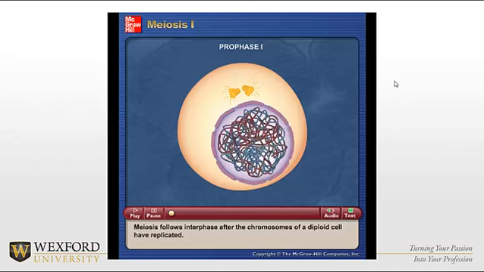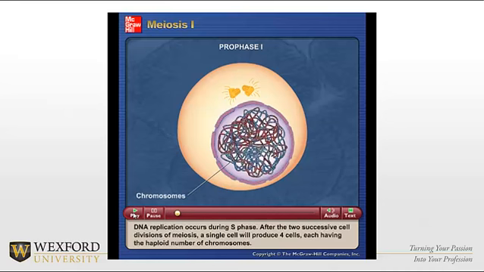So once again, let's watch a little animation from meiosis 1. Meiosis follows interphase after the chromosomes of a diploid cell have replicated. DNA replication occurs during S phase. After the 2 successive cell divisions of meiosis, a single cell will produce 4 cells, each having the haploid number